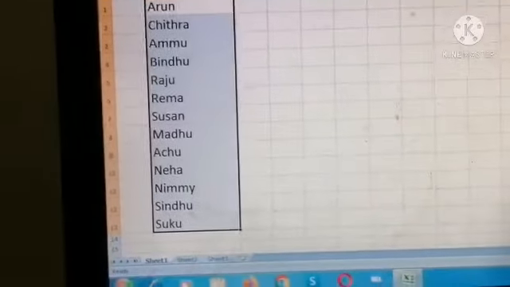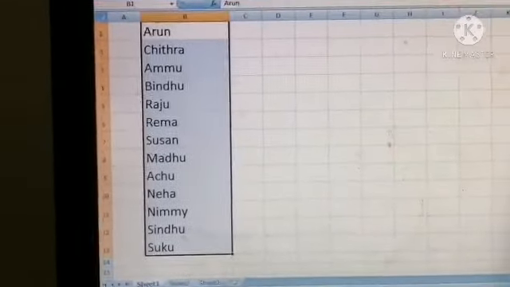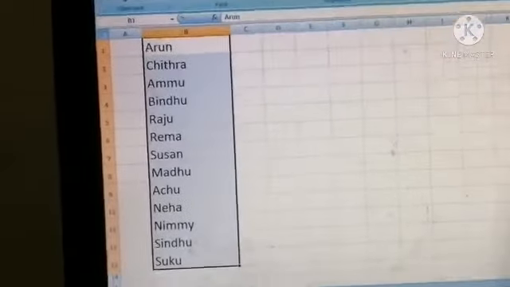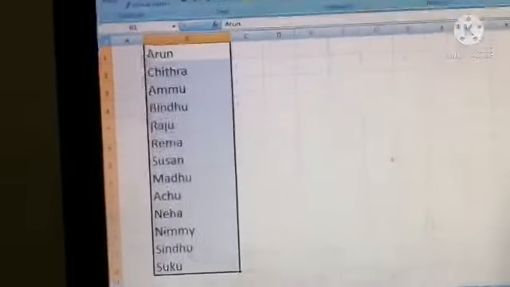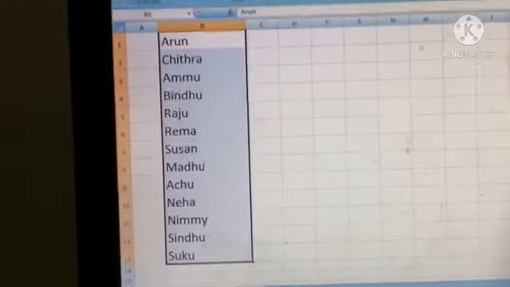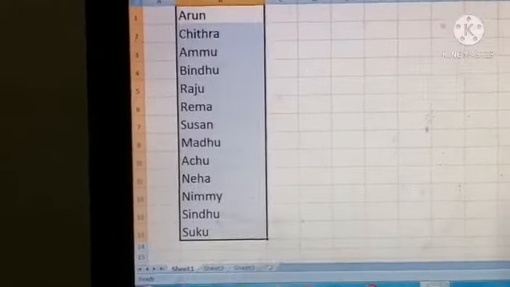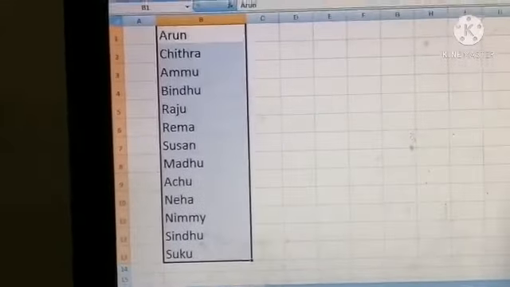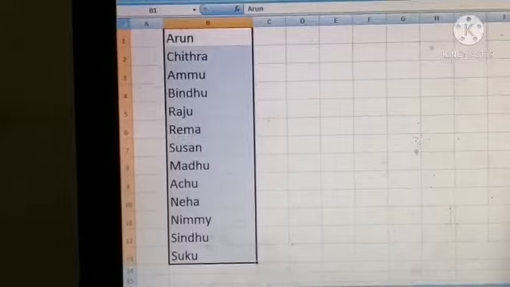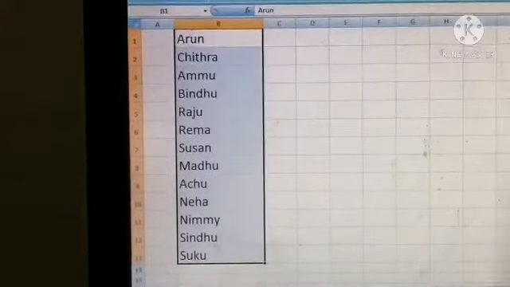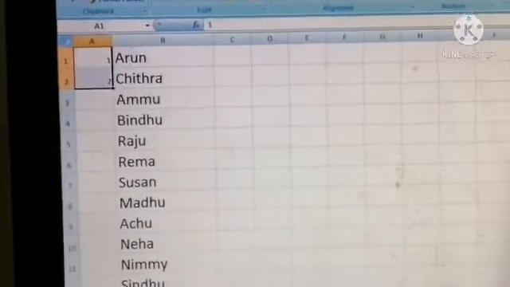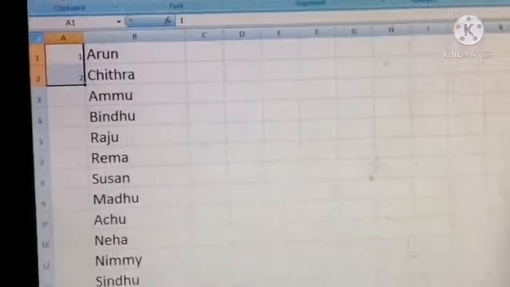Suppose we enter 100 names of different students, and we want to insert serial numbers for those students, that is 1, 2, 3 etc. If I want to give roll numbers to them, at that time we use this auto number generation option.